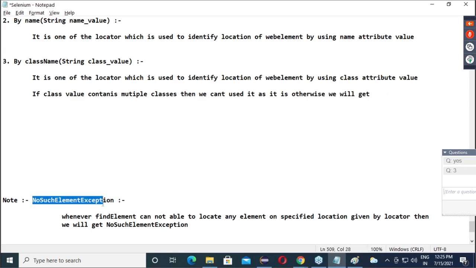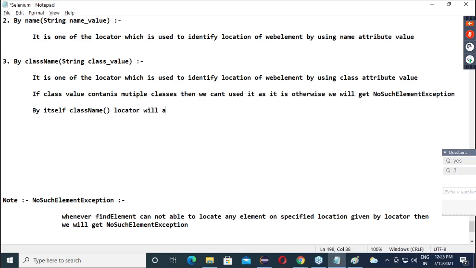No such element exception. Okay. So by itself, the class name locator will accept only one class value. Only what? One class value.